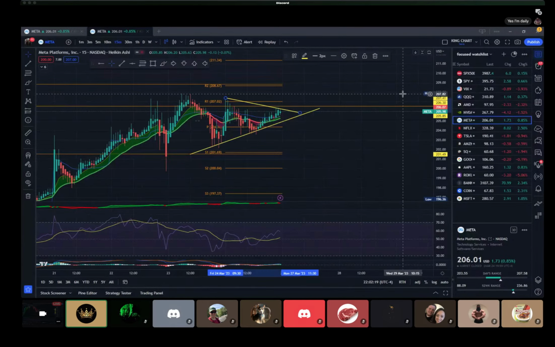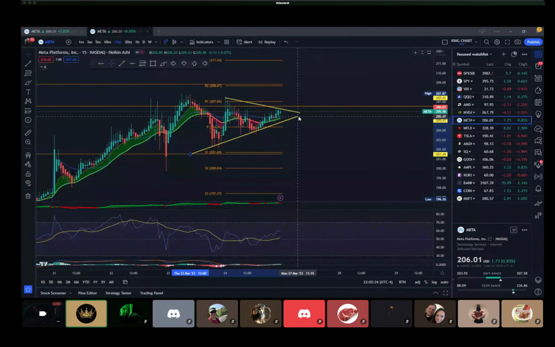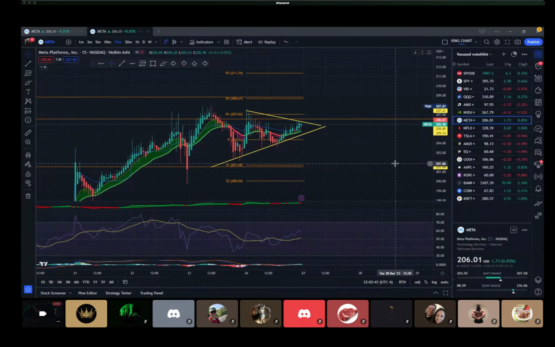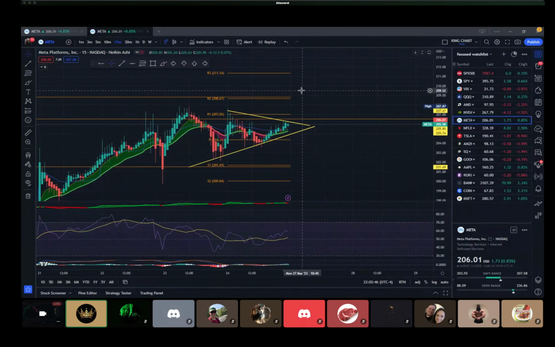All right, so what are we seeing there? We are seeing a little bit of a symmetrical triangle. Look at that sheet. All these patterns I kind of went over are in the chat. Chart pattern cheat sheet. Kind of my meat and gravy to finding moves throughout the day. This is a symmetrical triangle breakout.